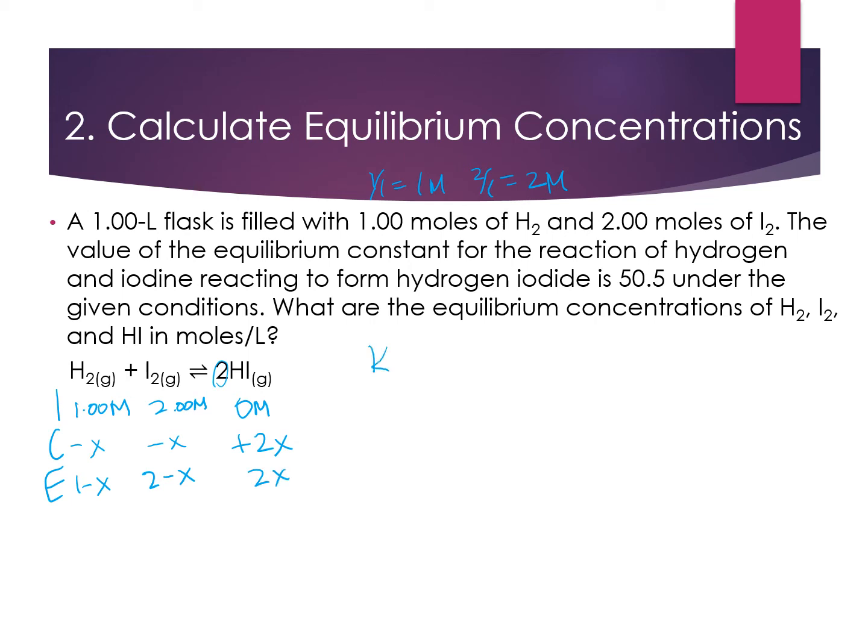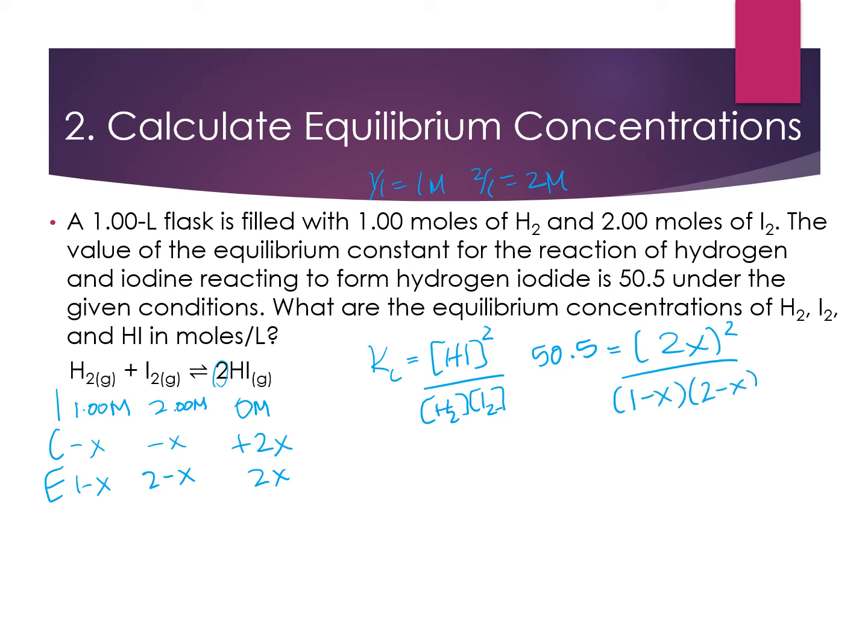So now my K expression, I always write the general expression first so I don't make accidental mistakes forgetting my superscripts. So now I know that Kc is equal to 50.5 because I'm given that in my equation. So then I have 2x squared over 1 minus x times 2 minus x. Okay, so this one's a little bit more complicated to simplify. So I have 50.5. Now I'm going to multiply it by this